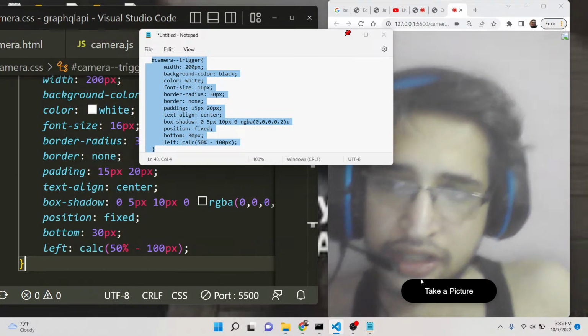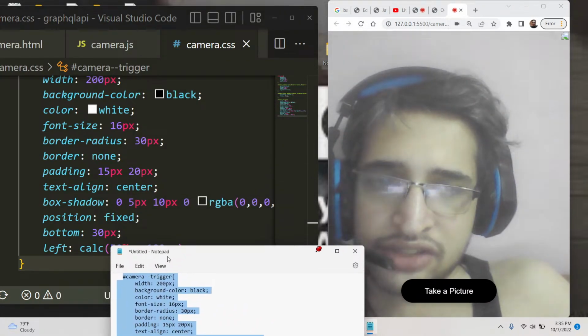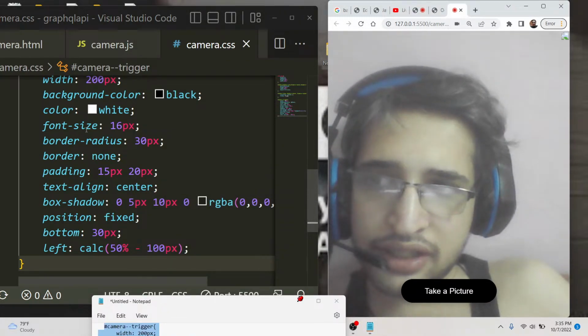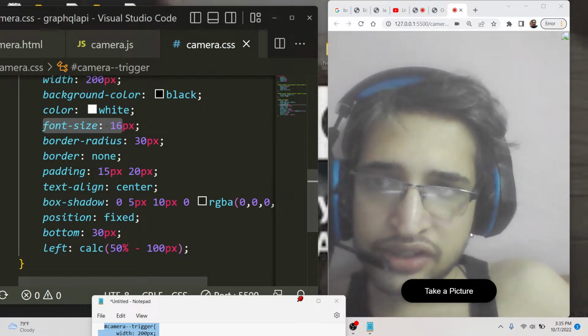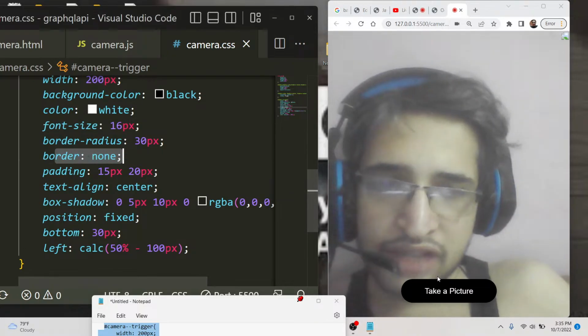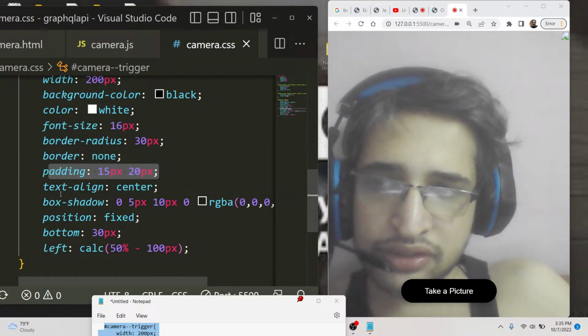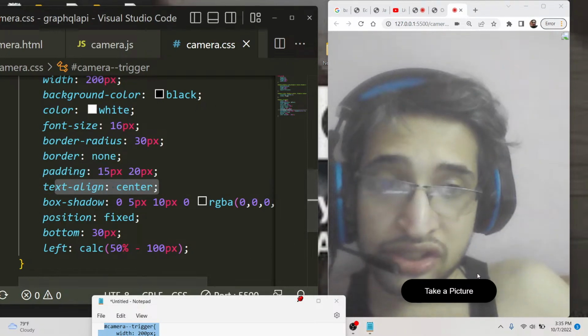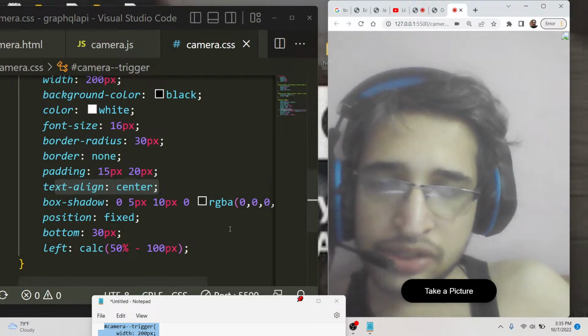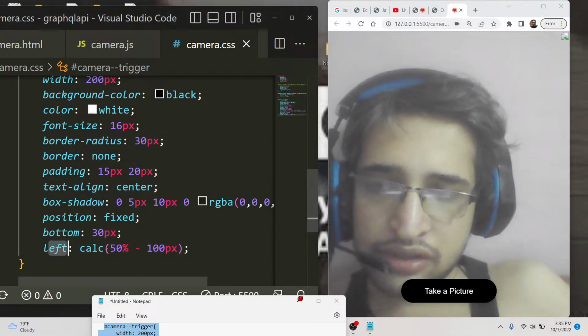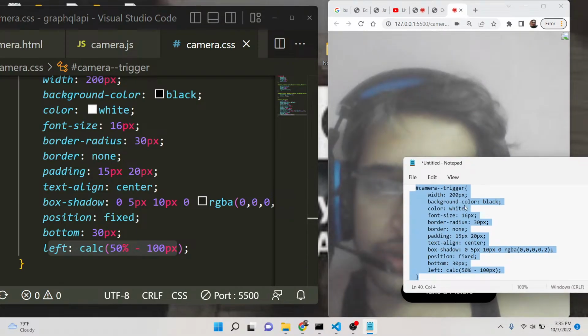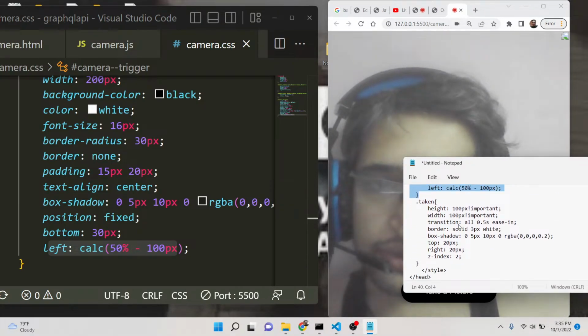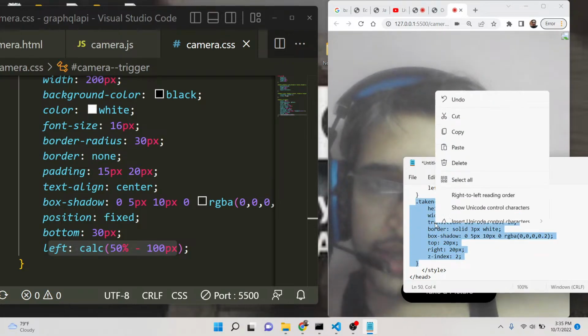Take a picture, and basically we have attached a background color of black, color is white, font size 16, border radius 30 pixel, border we have removed, padding we have given this much, text align center, box shadow we have also given this, position is fixed so it will not move, and bottom is 30 pixel, left calculate, you can see that. After this, guys, when the picture is taken, we will attach this class to it,